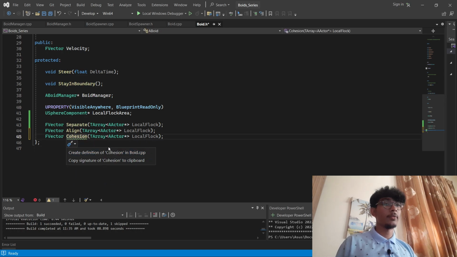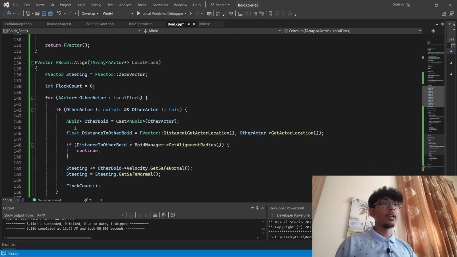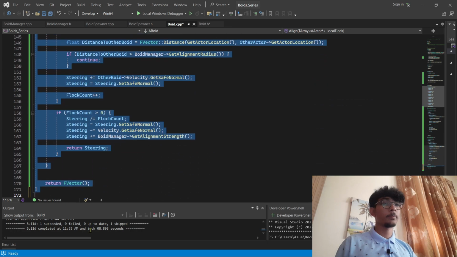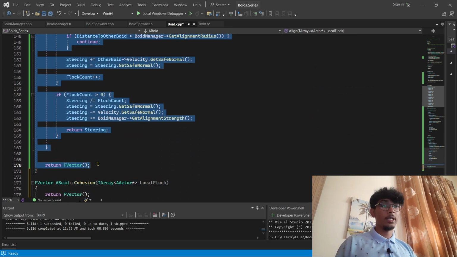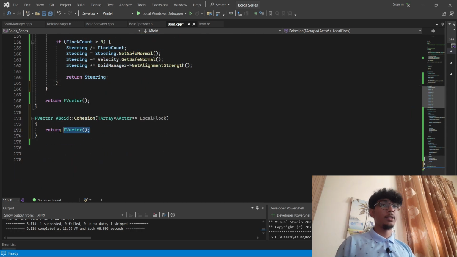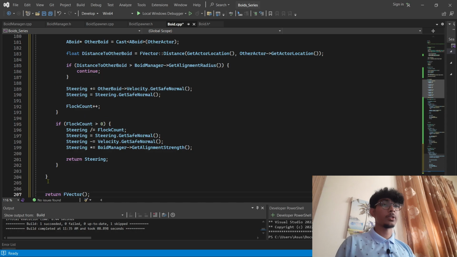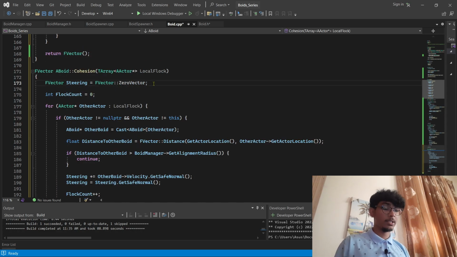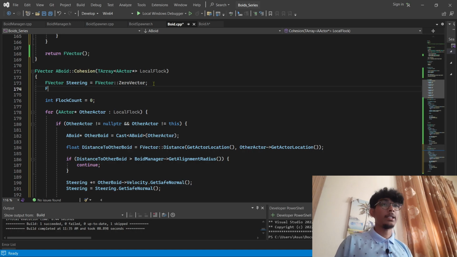Okay, define that and copy everything here into the cohesion function. The only thing we need to change is we have to add another f vector, which is going to be the average position. So average position,